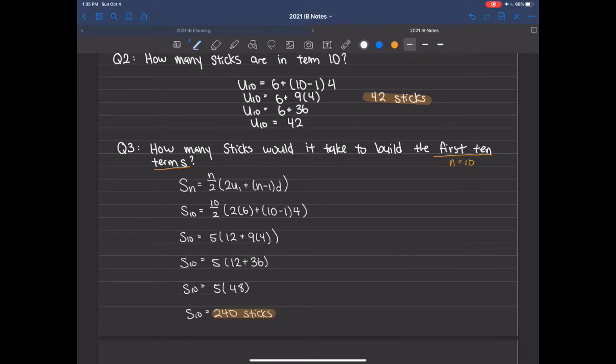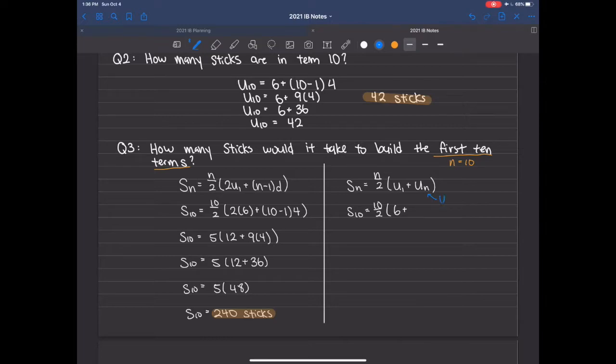What does this work look like with the other version of the formula, though? So let's do this one problem both ways, just so we can illustrate that we get the same answer regardless. So the other version of this formula, S sub n is equal to n divided by 2 times the first term plus the last term. So S sub 10 is equal to, n still represents the same thing, right? So the n is 10 because we're adding up 10 terms. So it's going to be 10 over 2 times u sub 1, which was 6, plus